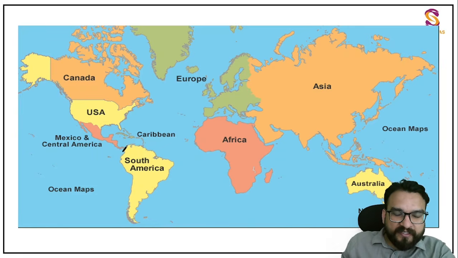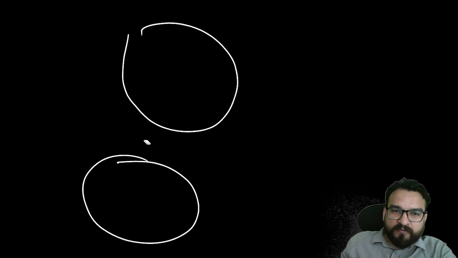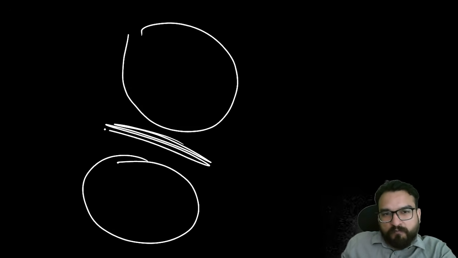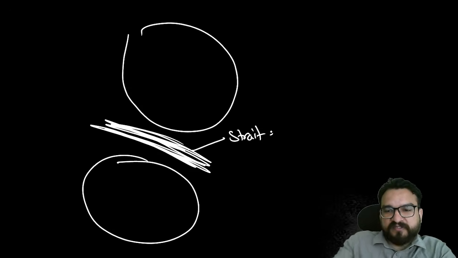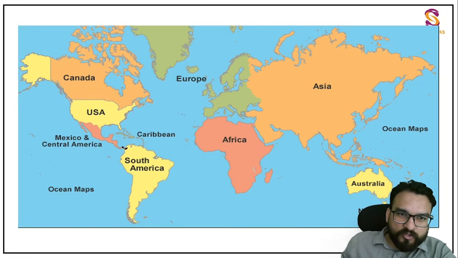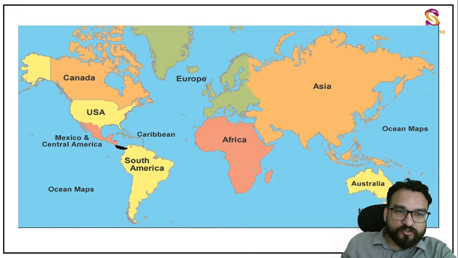The North America continent starts from this particular point which you can see over here. It is an isthmus. Again I am telling you, I have already told you: when broad land masses are connected with only a small strip of landmass, this is your isthmus. But if they are separated by a small body of water, then it is called a strait. This difference I have told you. Now this is connected with a small strip of landmass, that's why it is an isthmus. Panama Isthmus it is known as, right?